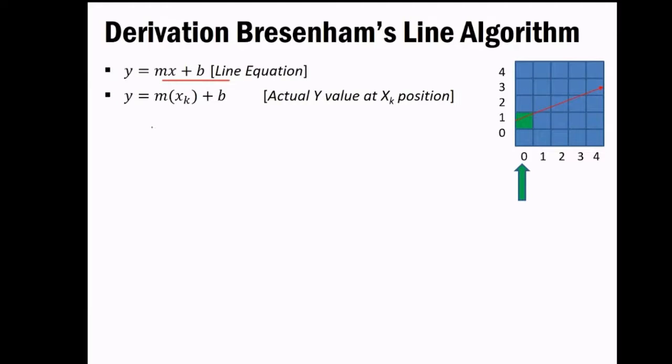Then what it says is the actual y value at the xk position. Now we have to replace this, because we are working with multiple pixels. We have to replace the x value with the xk position, because we are actually starting from a particular position, so we have to take that position instead of just the x value. So let's say we have this thing named xk, and that would be the very first thing with us.